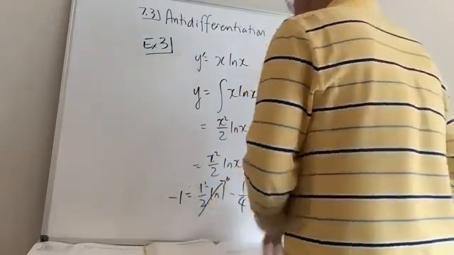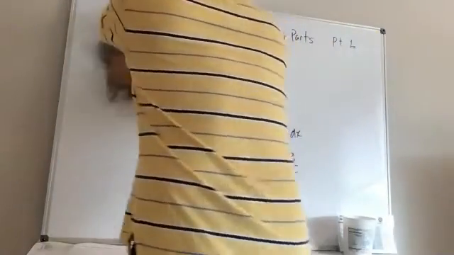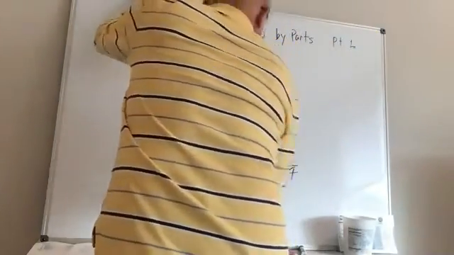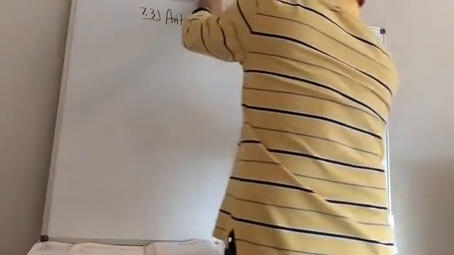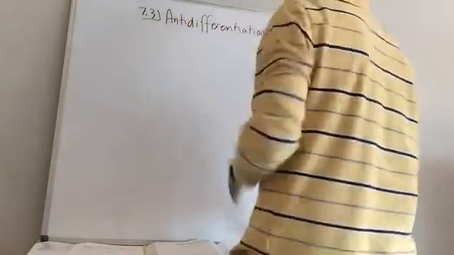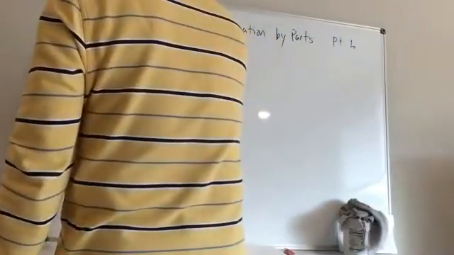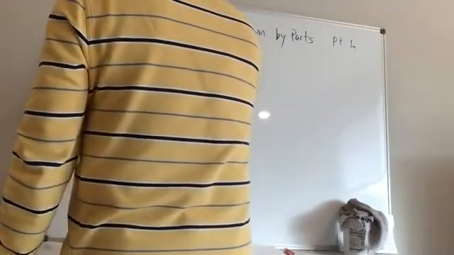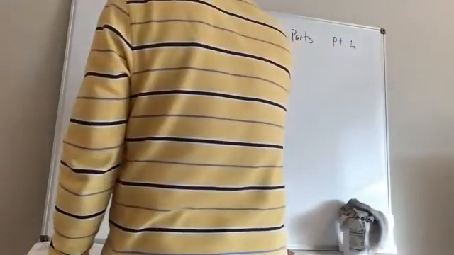Let's do one more, and then I'll let you get started on the homework after this guy. This guy is going to be a little complicated, but let's go ahead and just work it through. Example number 4. I am trying to find the integral of e to the x cosine x